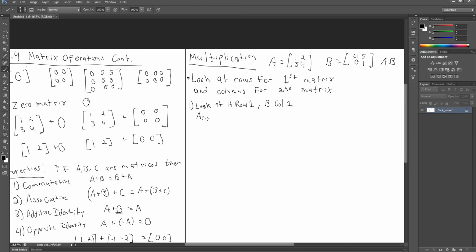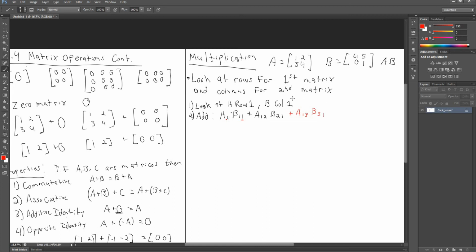Then we add A11, B11, so the product of those two first entries, plus A12, B21. If we had more, this could keep going. So I'm going to write this in a different color to show that it may not be this case. If you notice, the outside numbers are not changing. They're staying the same. So this next one would be A13,